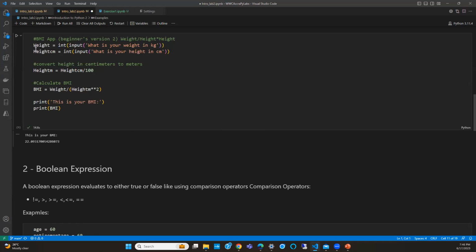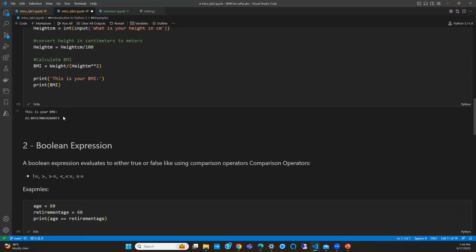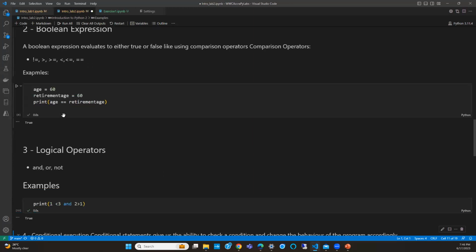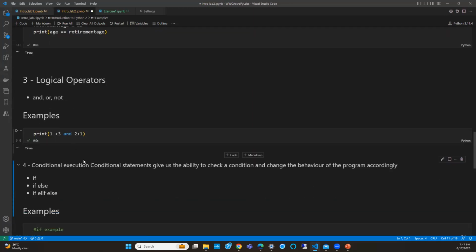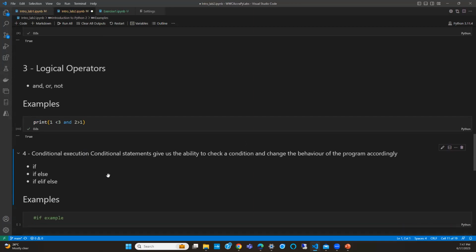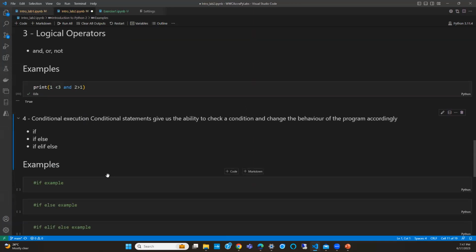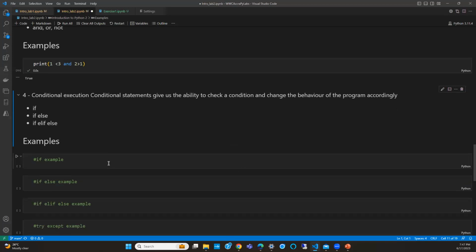Okay, so it starts from line 1, line 2, and it just goes through every line to complete the program. But then programs are not always like that, right? The real world isn't always like that. There are conditions, and behaviors have to change to meet that. So your program should also be flexible and should be able to change behavior or change how it's executed based on some condition. That's where conditional execution comes in. It allows you to change the behavior of your program according to whatever condition you check.